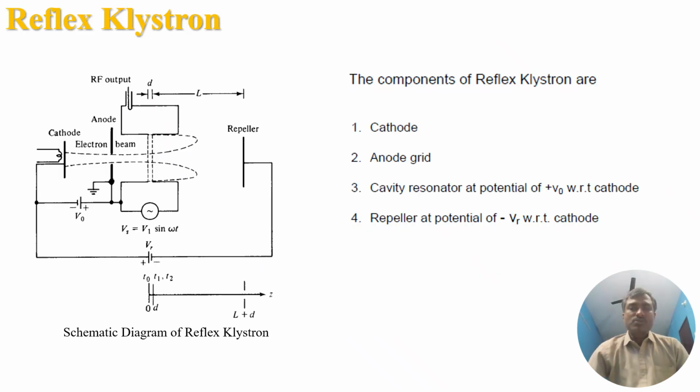This diagram shows the structure of the reflex Klystron oscillator. Structure-wise, it consists of four major components. One is the cathode, which produces a beam of electrons. Second is the focusing anodes. Third is the cavity. The cavity acts as both the buncher cavity as well as the catcher cavity. The fourth one is the repeller plate, which is supplied with a large negative voltage in order to reflect the beam of